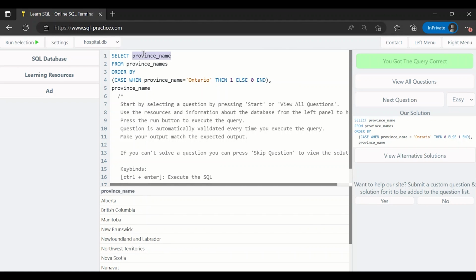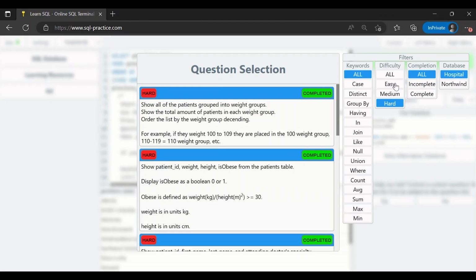So in this case we have used case in the order by. All right, so it is select the column name from the table name, order by, and now this is case 1 and then finally province name. All right, so with this we have completed the difficulty hard on SQL practice. So these were the 10 questions. I will be continuing with various challenges in SQL, majorly on window functions, joins, and then using various mathematical functions